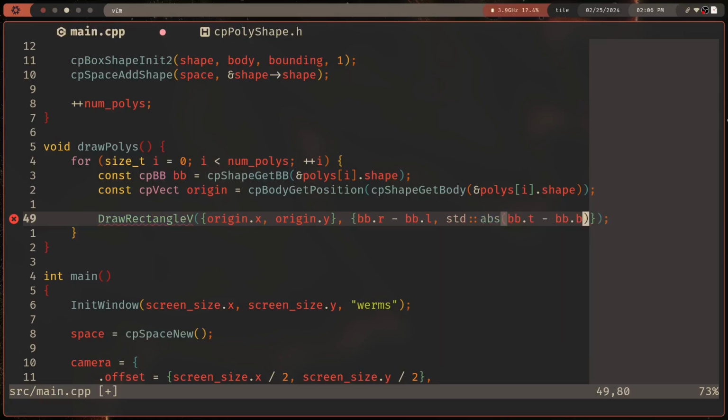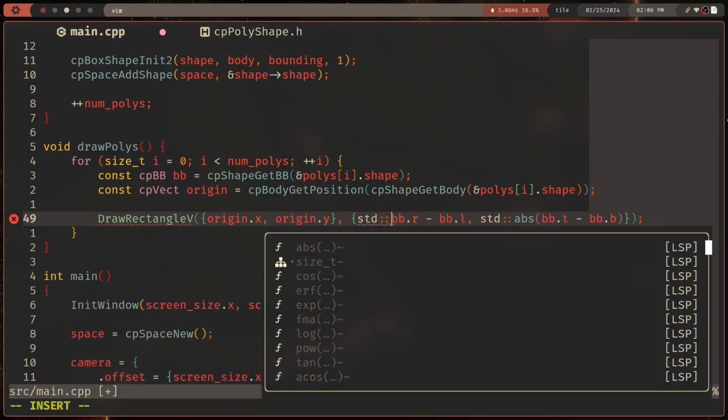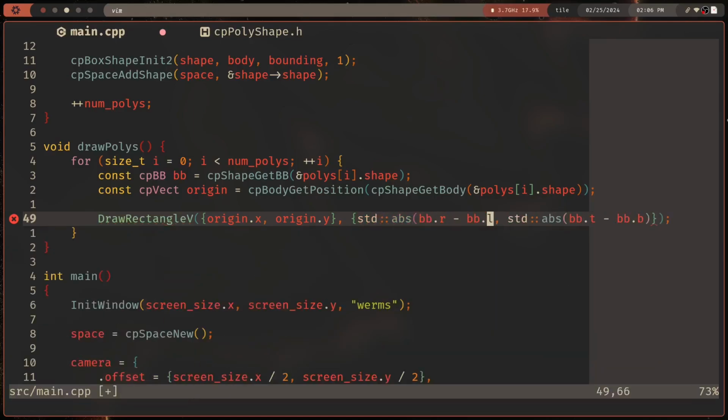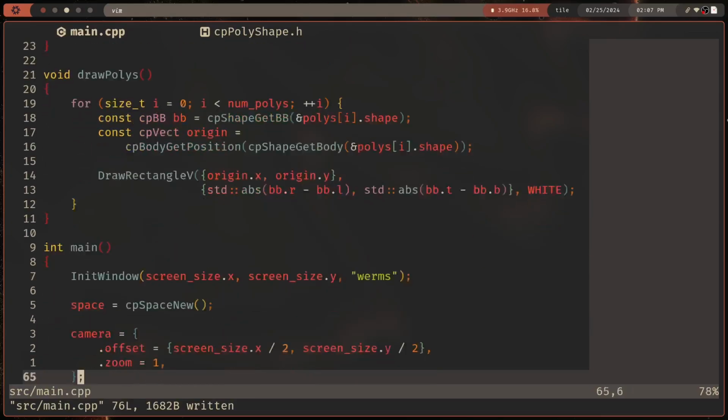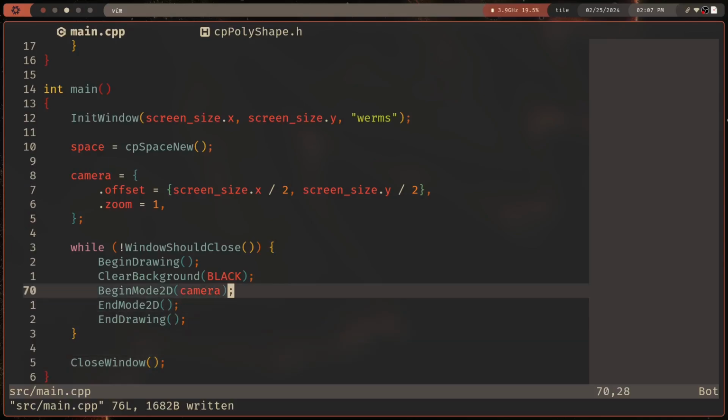We'll just absolute value these because I don't know which one is bigger. Okay. And then we want this to be white. Okay. Cool. Where are we at right now? 15 minutes already. Jesus! Okay. Let's